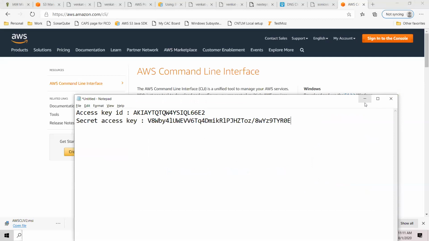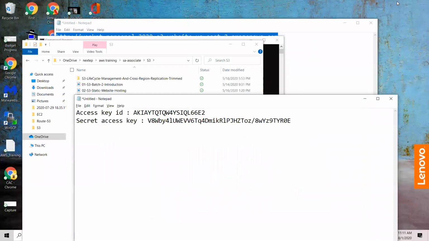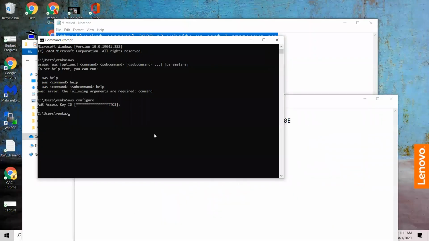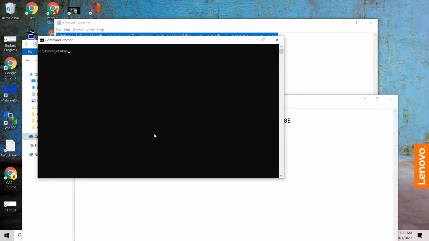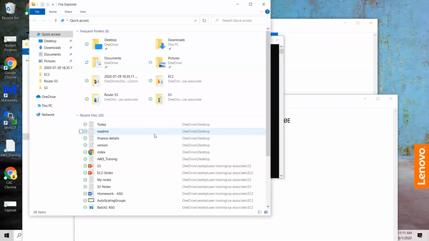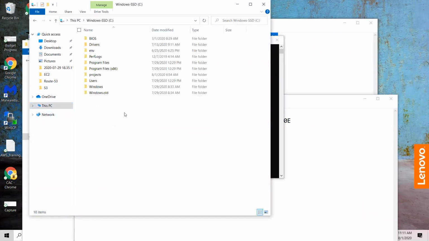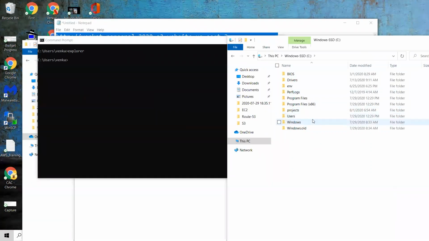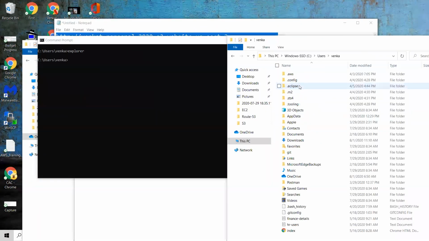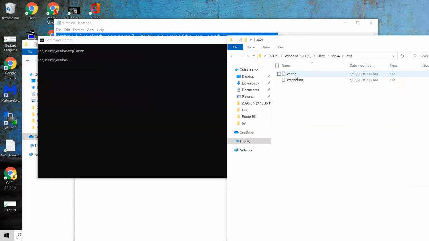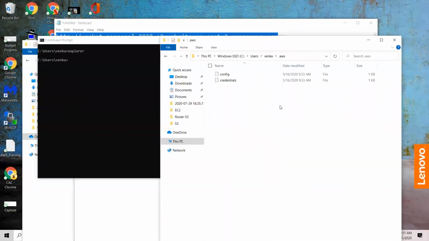Okay. So now I have downloaded and installed it already. Once you install it, the way it works is, let's go to my home directory. Where is my .aws? There you go. Let me delete this.